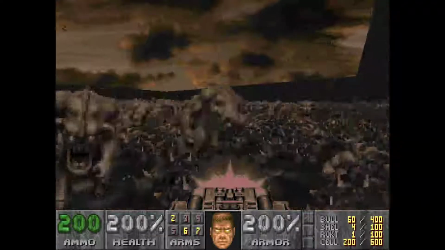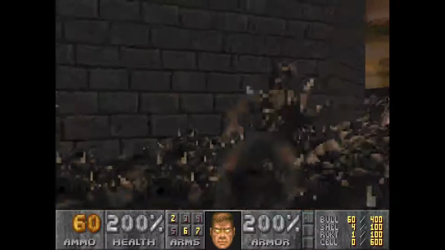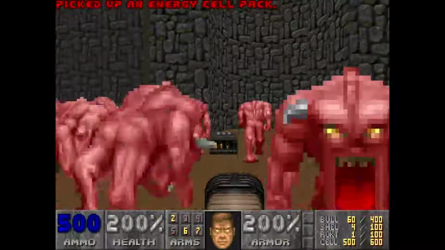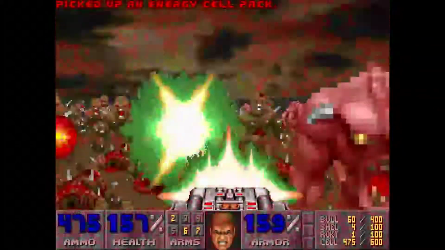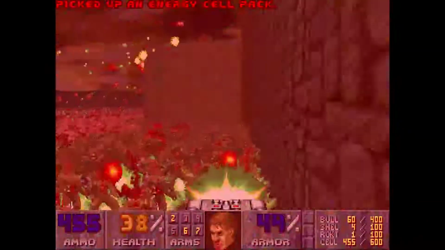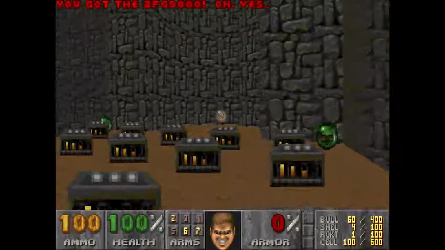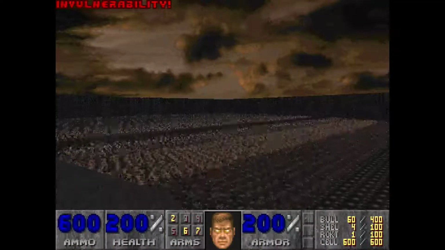Like, I'm pretty sure I won't have enough ammo to kill off everything, but there are enough chain gunners in the map that I can collect their ammo as I go. Now I did it. Ow, ow, ow. Where's the vulnerability? God damn it. Oh man. This is not actually easy. I mean, I can clear the map, that's fine, but actually...